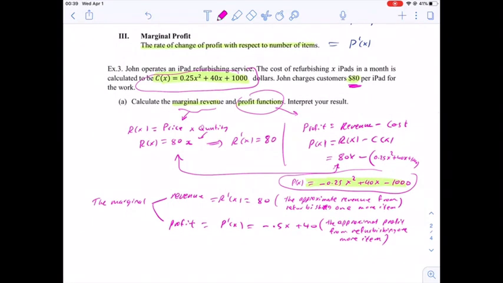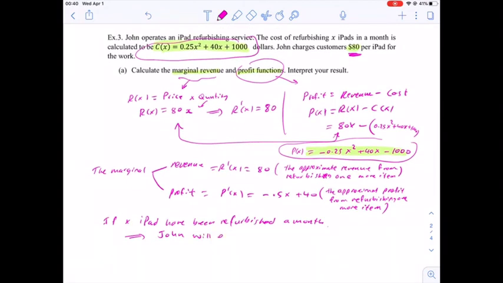Okay, now if x iPads have been refurbished a month, then you will earn a revenue of $800. So if x iPads have been refurbished a month, then John will earn a revenue of $800. This is constant,